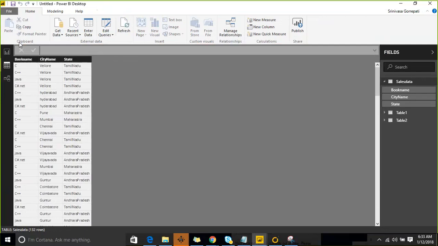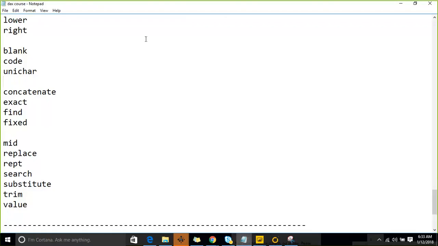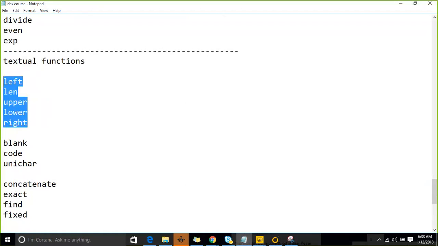Okay fine. So here these are the basic functionalities, and the first one is